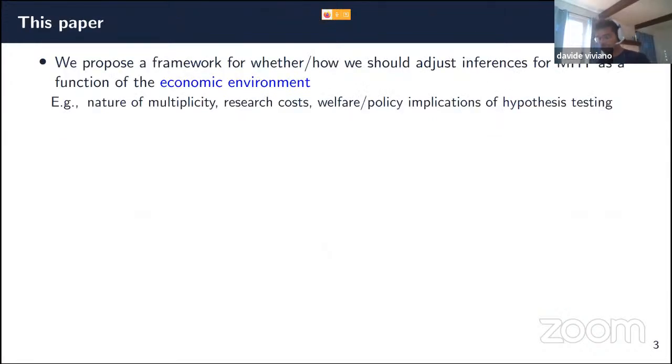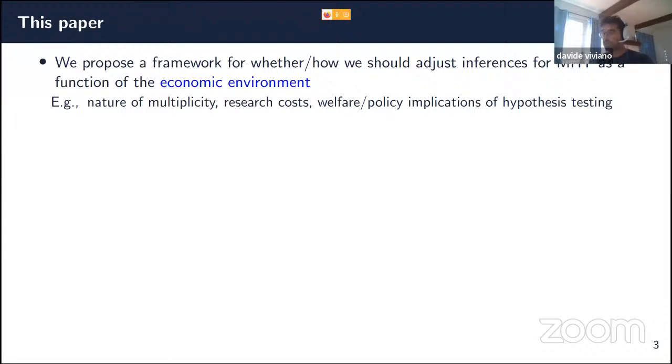So we start from this point, and we try to propose a framework to tell practitioners whether and how we should adjust inference for multiple hypothesis testing as a function of the economic environment. That is, we want to provide a formal justification of why and when you want to control a particular notion of compound error. Now, when I refer to the economic environment, I'm thinking about different aspects that may play a role